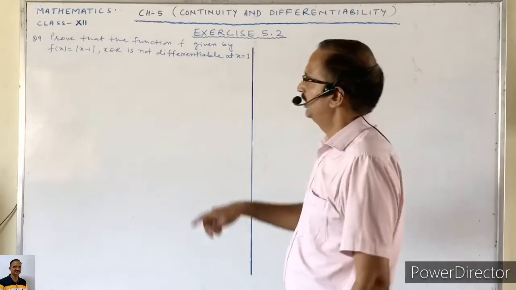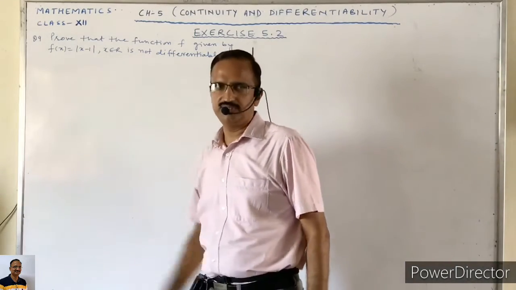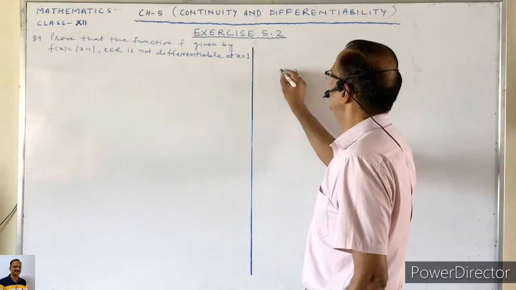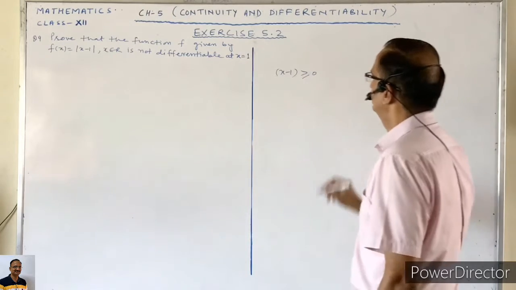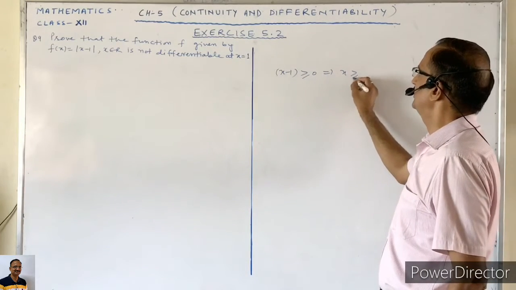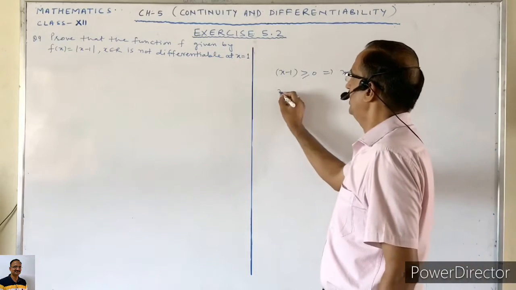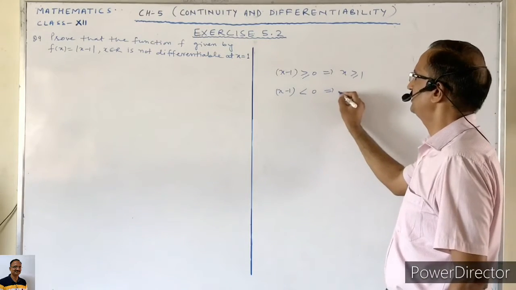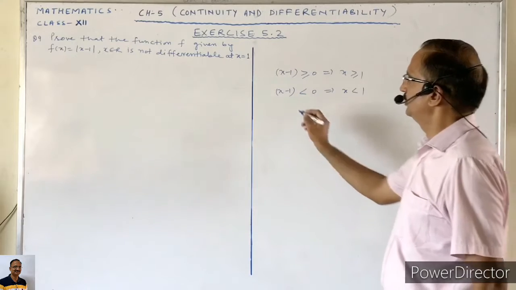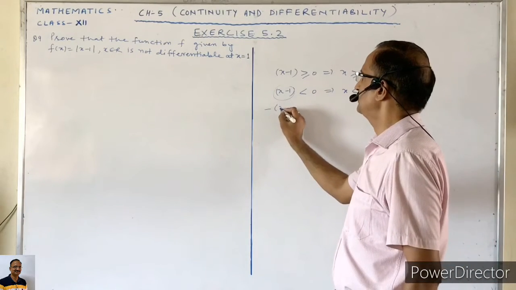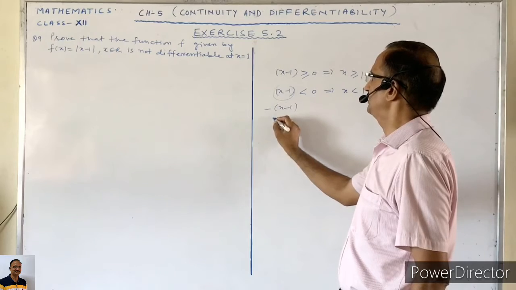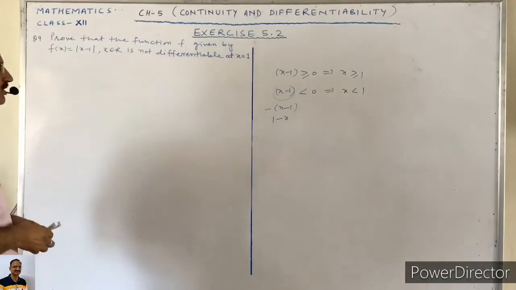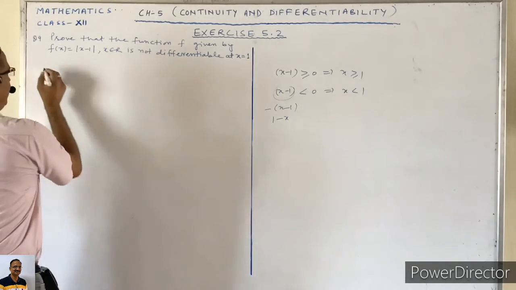Before we start this, let us discuss this modulus function. As we know, whenever x minus 1 is greater than or equal to 0, this implies that x is greater than or equal to 1, and when x minus 1 is less than 0, it means negative, this implies that x is less than 1. So when this is negative, it means minus (x minus 1), so we can say that this is 1 minus x. So before we start this solution, the given function may be written as